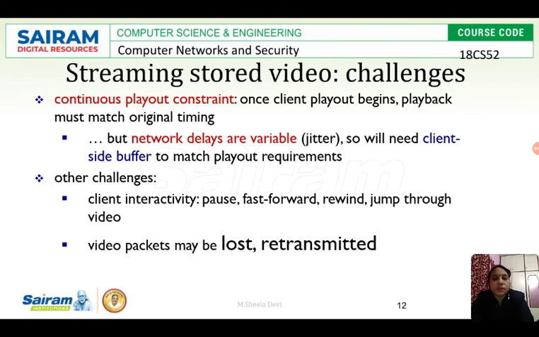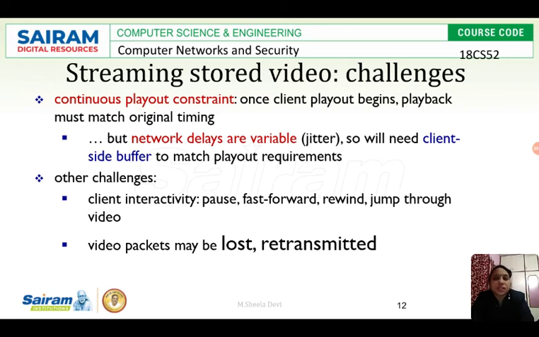This is the buffer which is placed at the client. It helps us to store the video which is transmitted from the server, and from the client side buffer it will be sent after decompression to the client application for display. So whenever the bandwidth is high or low, the data will be stored in the buffer, and since it goes from the buffer, we can have continuous play out.